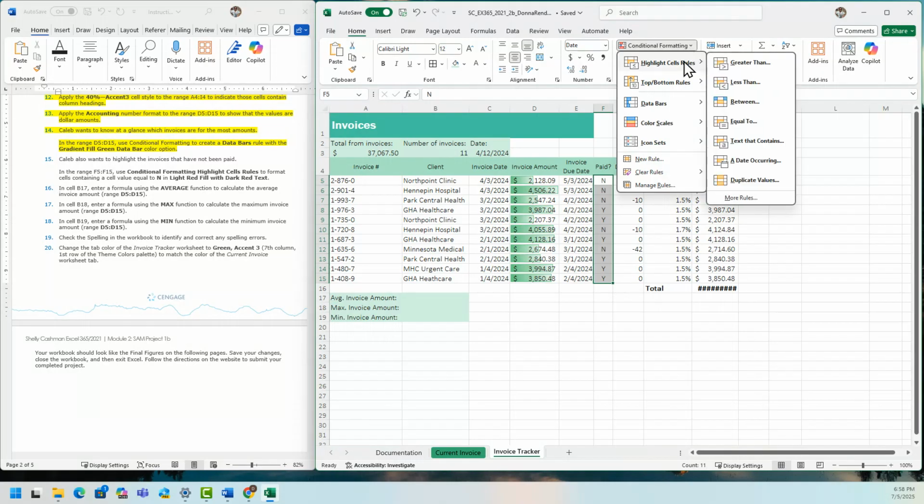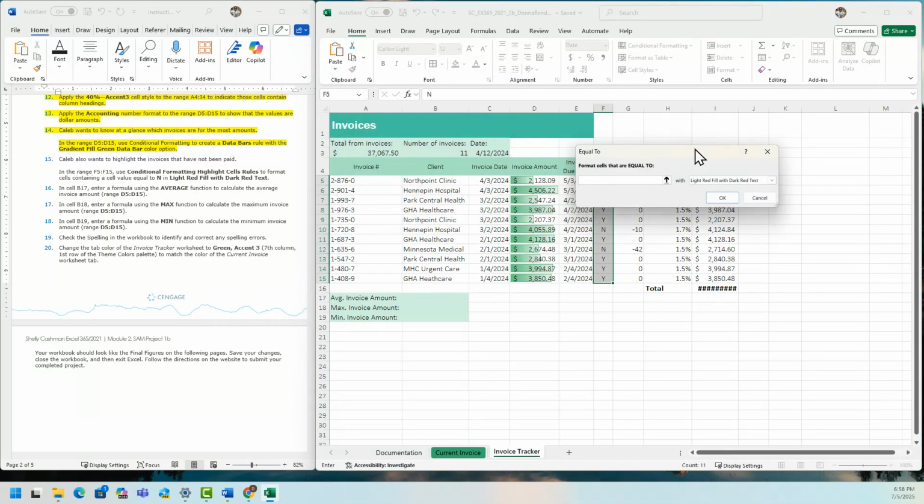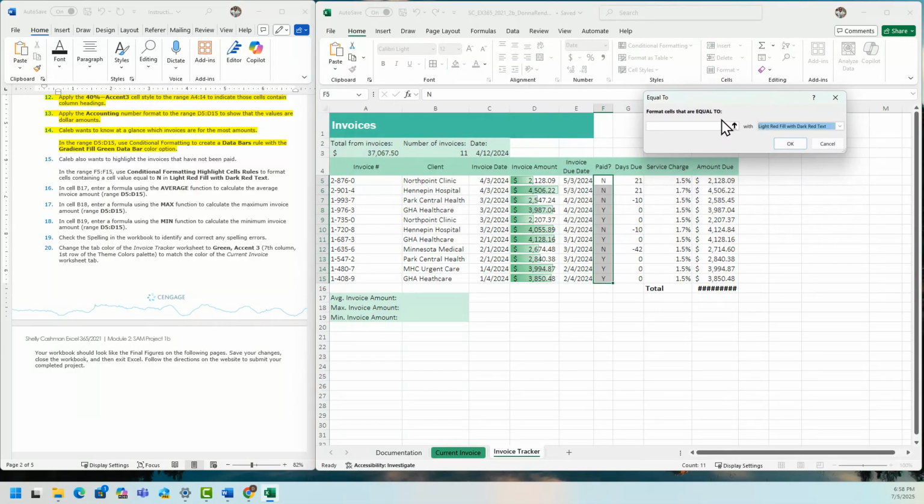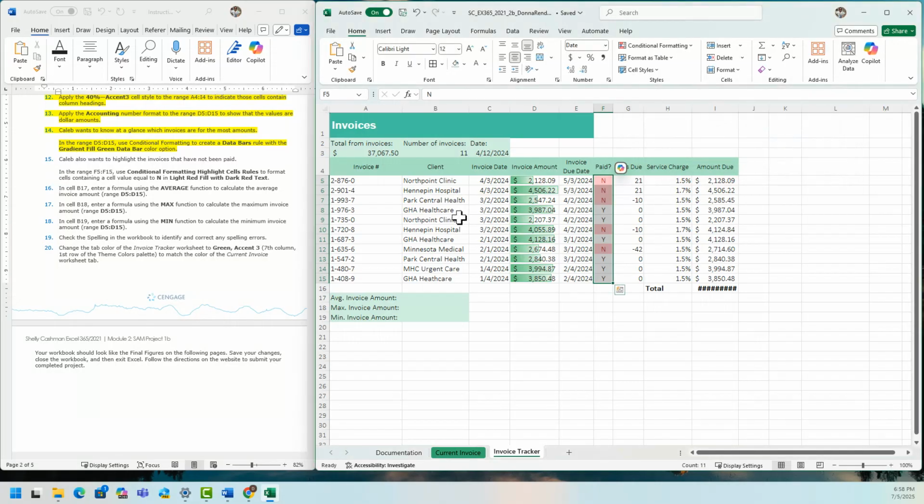I'm going to select highlight cell rules, but now I'm going to select cell value equal to, and then I'm going to type capital N, with light red fill with dark red text. Click OK.